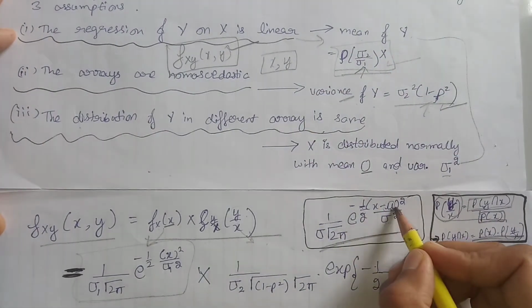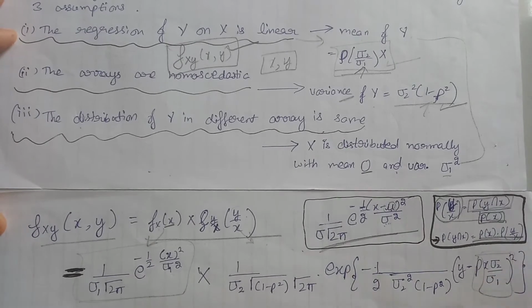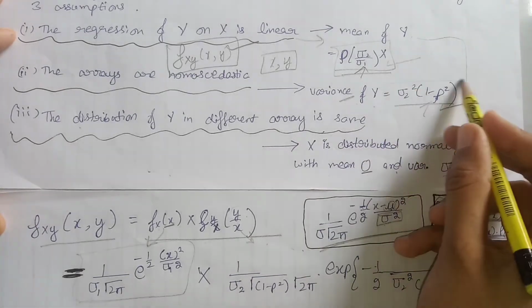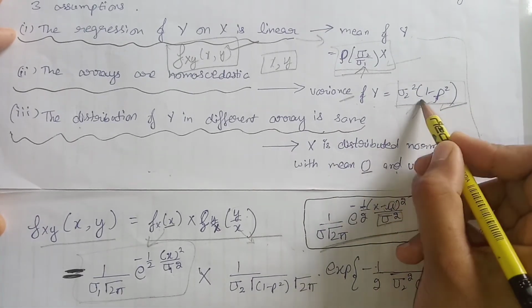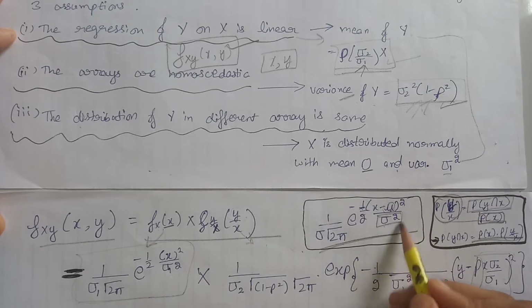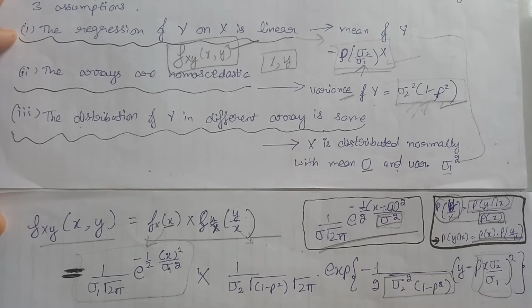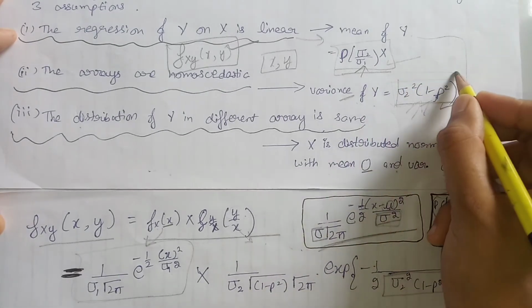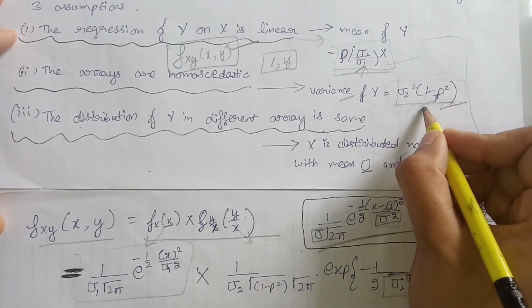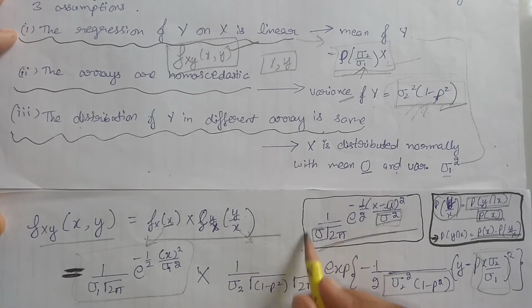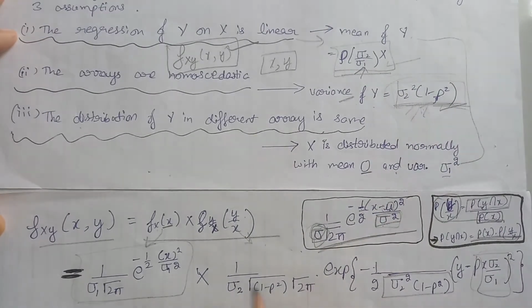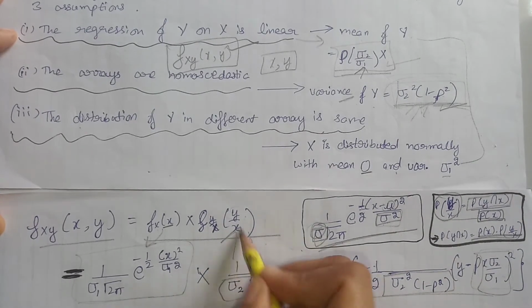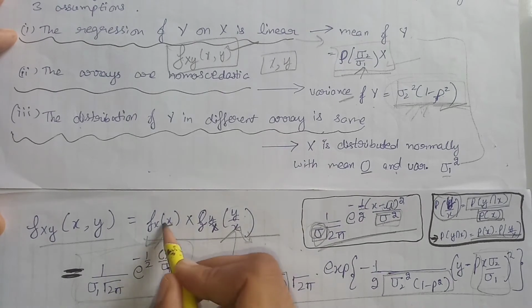That is, here we have x minus mu, here we have y minus mu, because this is the PDF of y. Now again, at the place of sigma square we have to write this value, because the variance of our y is this. Again, at the place of sigma we have to write the square root of this value, because it is the value of sigma square, not sigma. So that's why we write the square root of this value here. So this is the value for our first PDF, and this is the value for our second PDF.